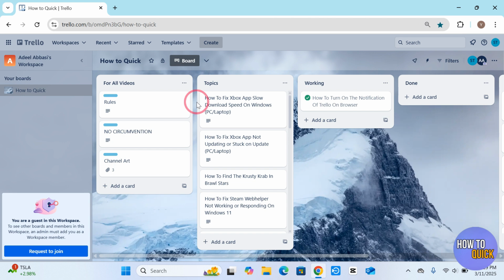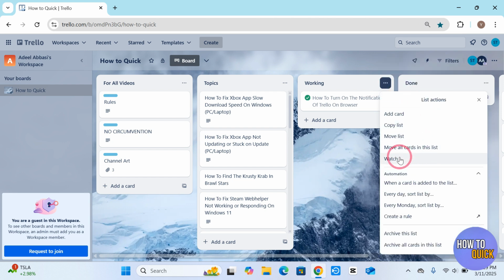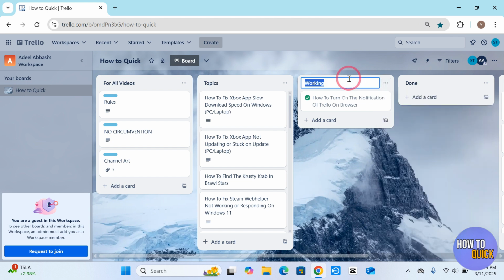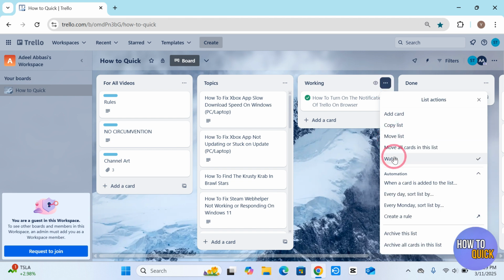And then to notify members on Trello when task is completed, you simply have to click these three dots on any of the cards. And then you have to click watch. Just choose any list that you want and then you have to click these three dots and click watch. And once you do so, now if any activity happens, it's going to notify the members on Trello when the task is being done or completed, or if any activity is being done on Trello,